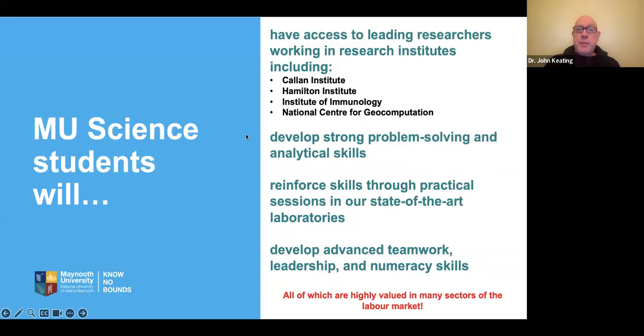So we also have world-leading researchers here, not just teachers, and many of the world researchers actually work in research institutes and also teach. So we have the Callan Institute, the Hamilton Institute, the Institutes for Immunology, and the National Centre for Geocomputation. So, these are really, really important places to develop strong problem-solving analytical skills, and also for contributing to knowledge and